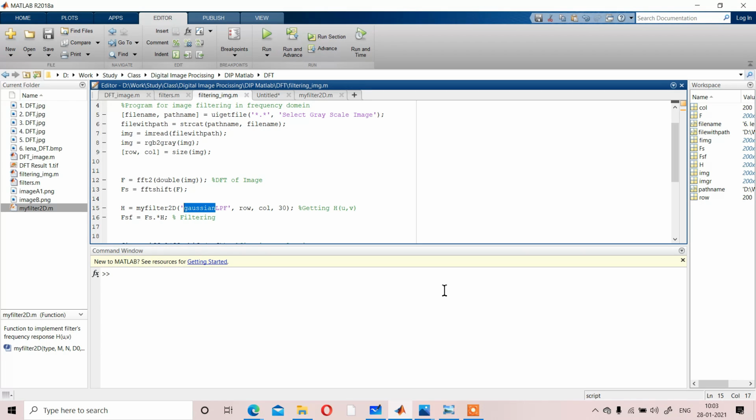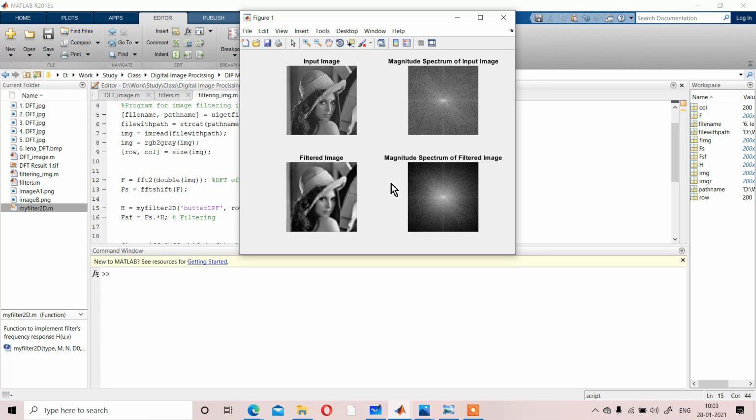Keep that in mind. That is the Butterworth low pass filter. First, 30 defines the value of D naught, and suppose n equal to 2, which means the order of the filter is 2. For a second order filter, for the same image, we get that type of structure.